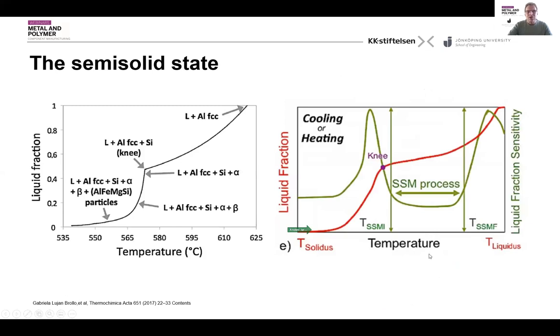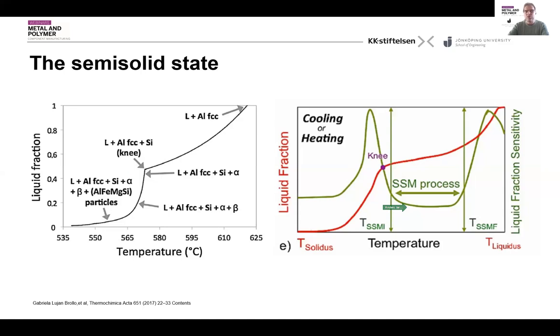So turning this around, we can look at the liquid fraction versus temperature, which is sort of the inverted curve that we were just looking at. So you have an area where you have your primary precipitation, and you have the knee point. Now, in a semi-solid process, you need to have a stable process window. And if you look at the slope of this curve, or take the derivative of this curve, you will end up with the green curve on the right-hand side. And you will see that there is normally quite a large range where you have a flat region, and this is normally the